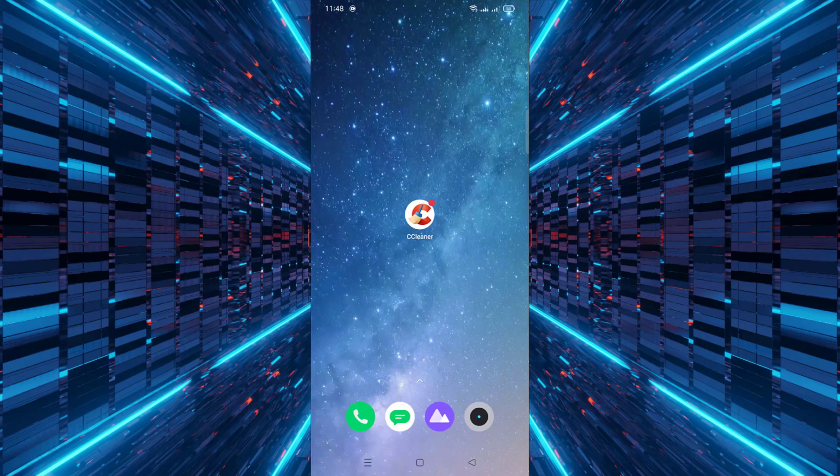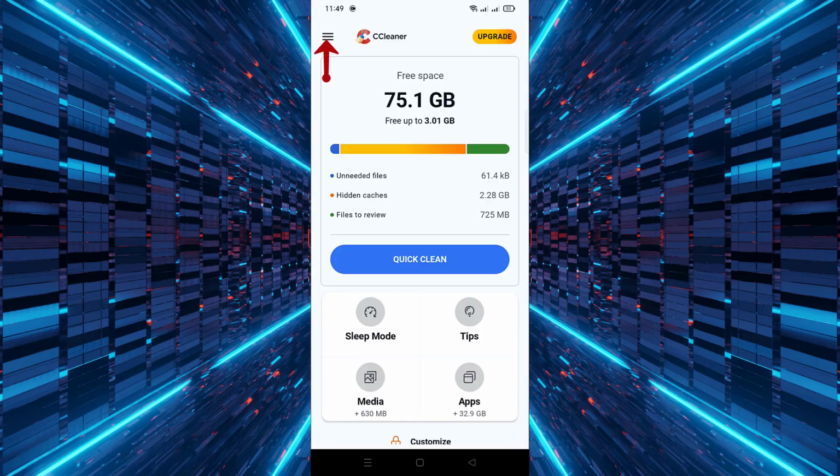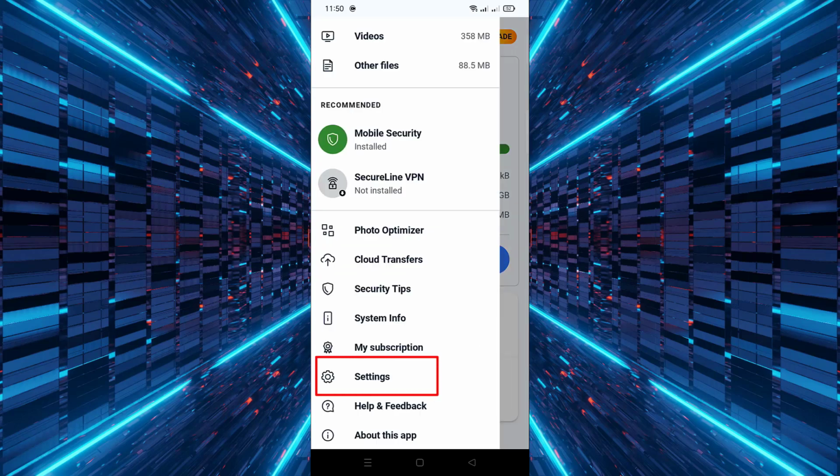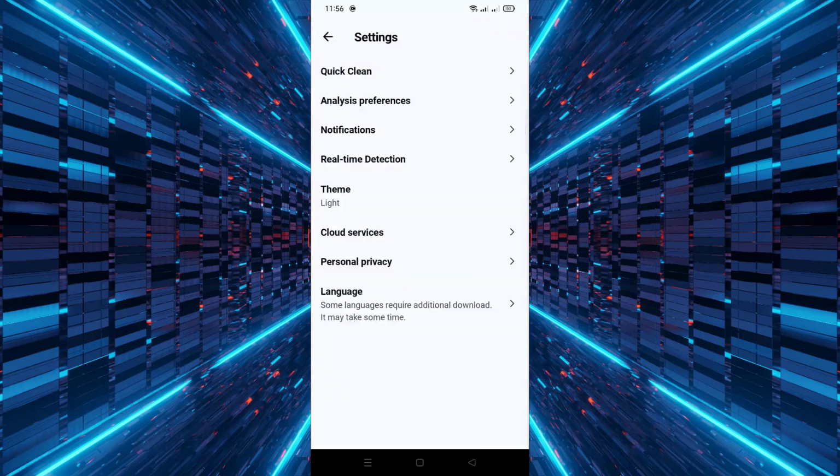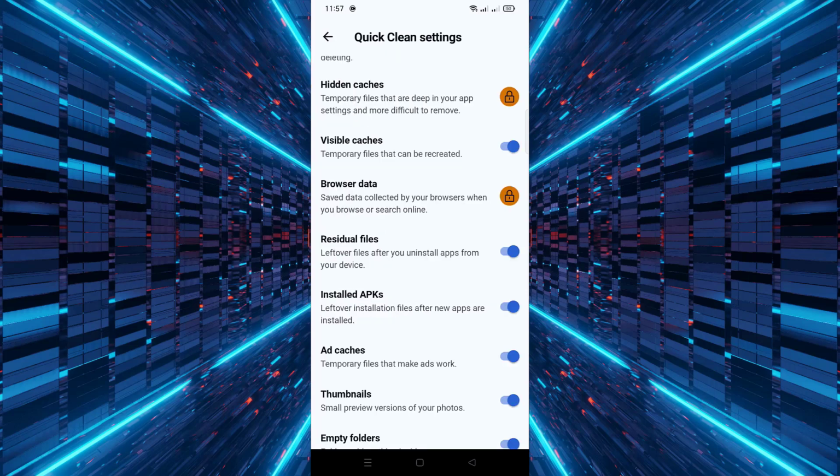First, open the CCleaner app on your phone. Once the app is open, look for the three-line menu icon at the top right and tap on it. Next, scroll down the menu until you find the Settings option and select it. After that, locate the Quick Clean option within the settings and select it to see the list of categories that